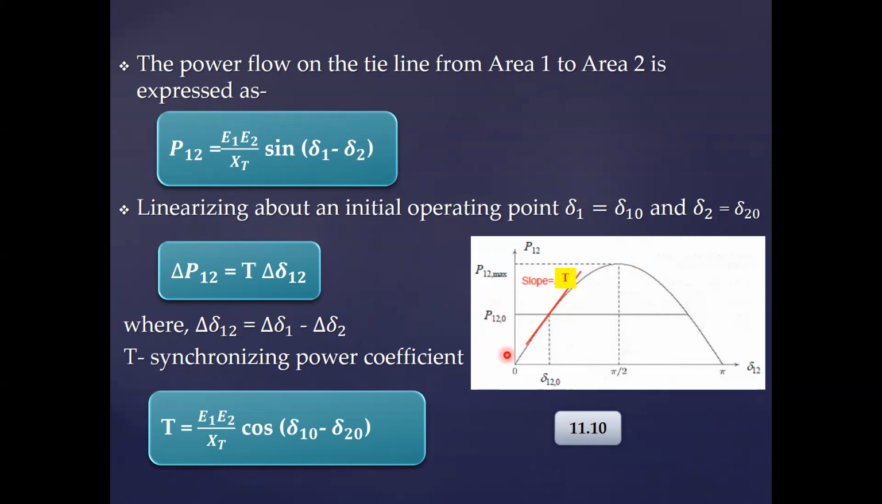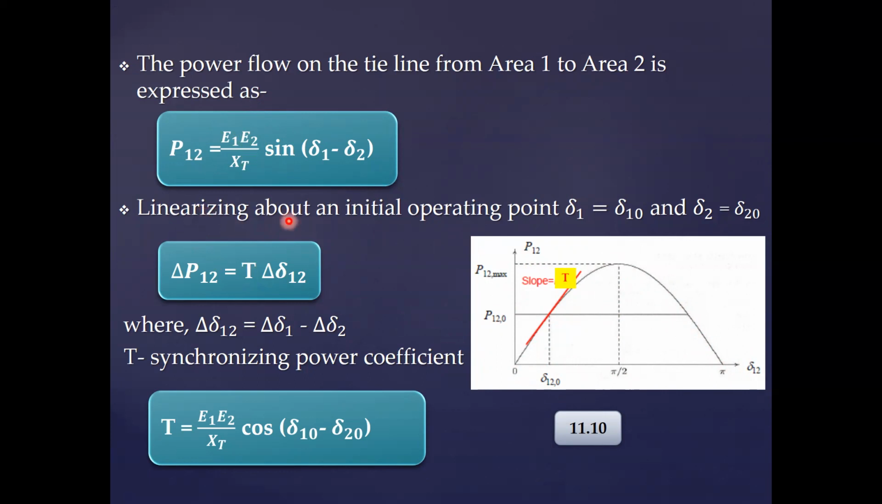So I think thus we can draw along the y-axis the power flow, and along this axis the angle difference. And then here you have it represented as a sinusoidal function. Here at 90 degrees, it corresponds to the maximum amount of power flow, the maximum value. And